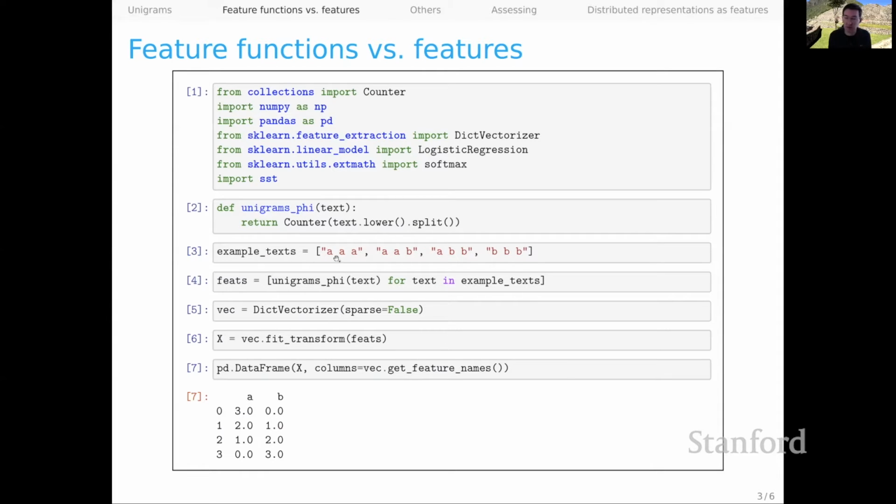In cell 3, I have a tiny little corpus that has just 2 words, A and B. In cell 4, I create a list of dictionaries by calling unigrams phi on each of the texts in my corpus here. So that gives me a list of count dictionaries. In 5, I use a dict vectorizer as covered in a previous screencast. And what that's going to do is when I call fit transform on my list of feature dictionaries, it will turn it into a matrix, which is the input that all of these scikit machine learning models expect for their